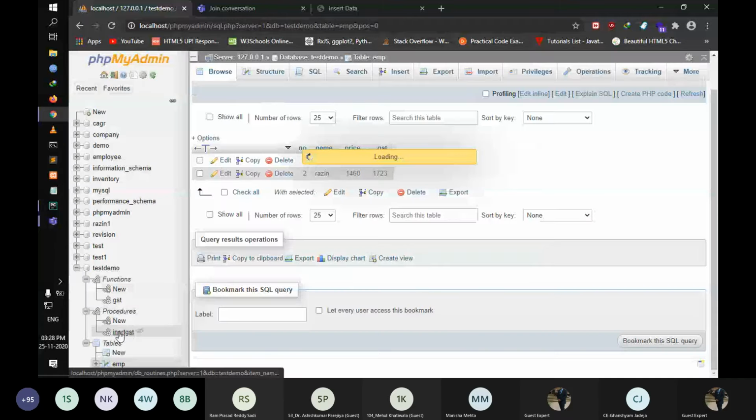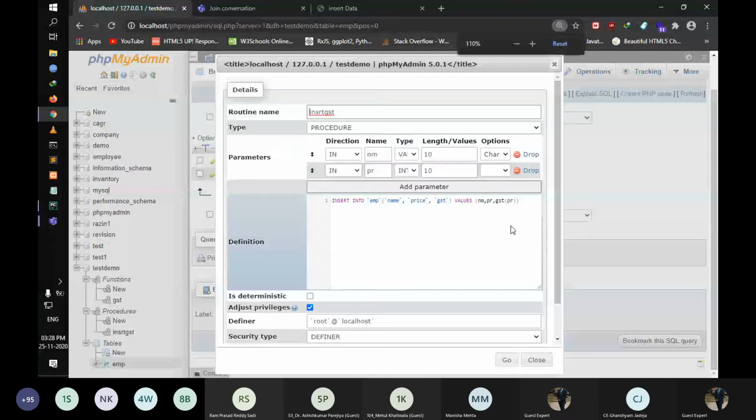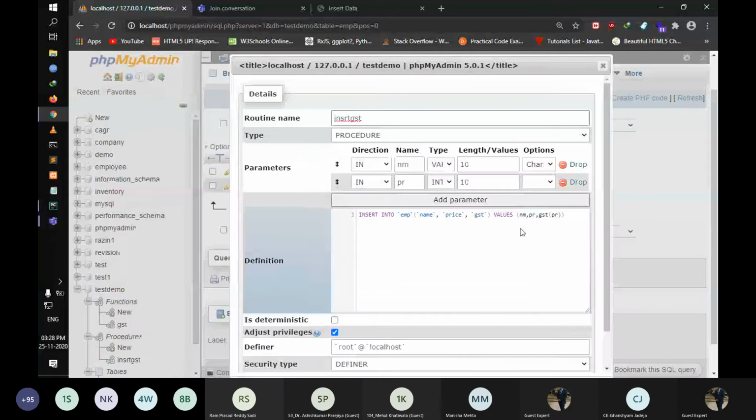If you go to the procedure, as you can see, we have just one parameter, PR, because the function only has one parameter. If we created a function that is x plus y, then we would have to give two values so they match the function's parameters and add those values.